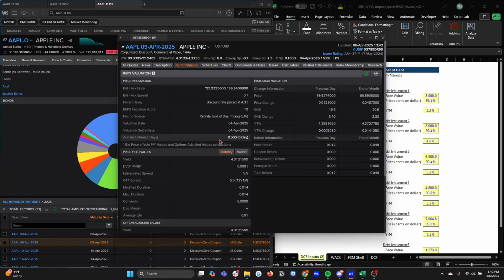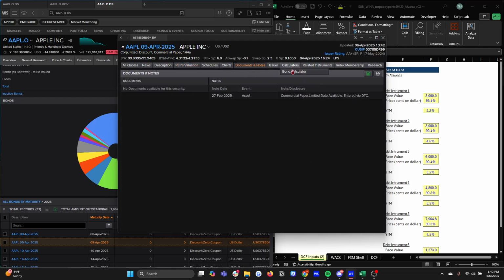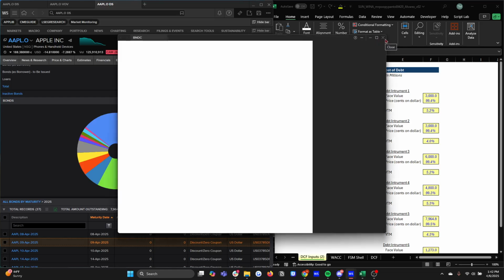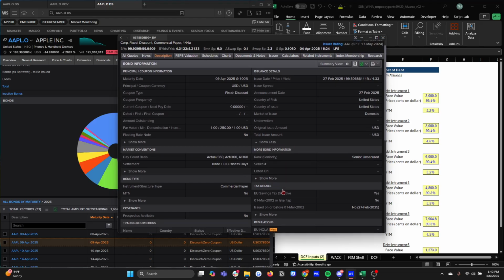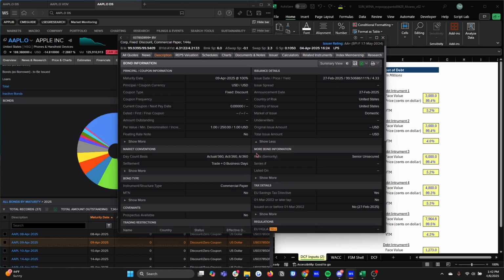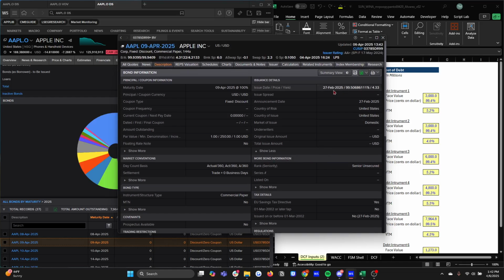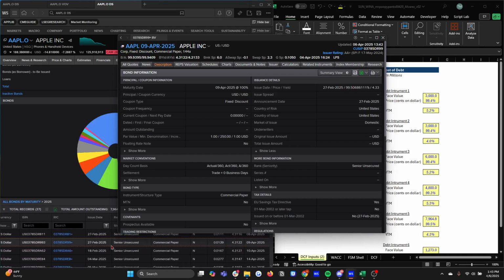Sometimes they have total amount outstanding per the individual bond. I have to click through and look for some more of that. Yeah, it would typically be around here, in more bond information. But since this one has it right here and its total amount outstanding is over here, that's what we're going by